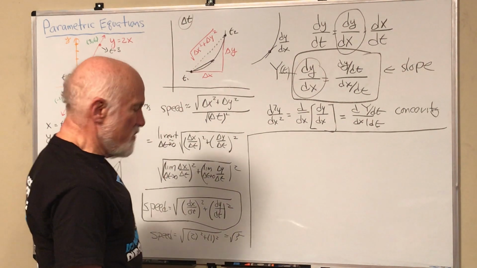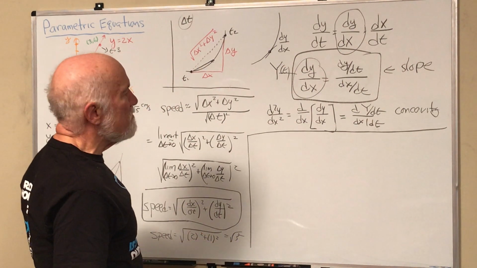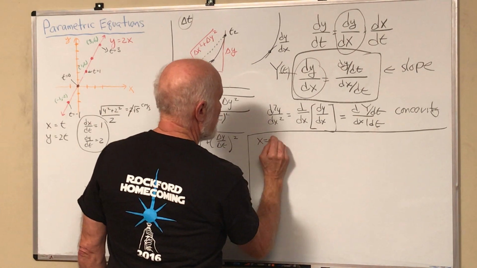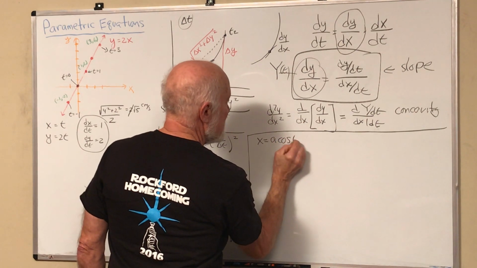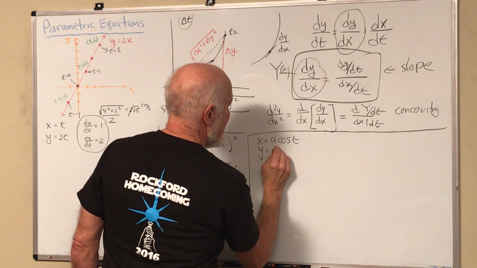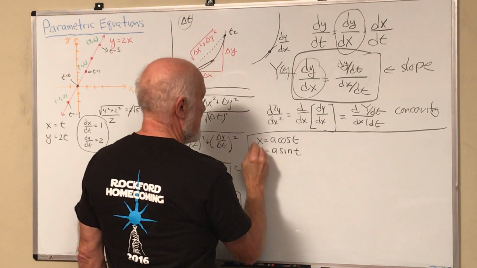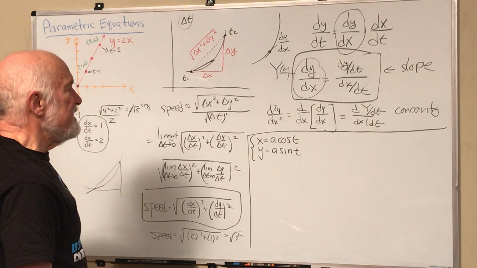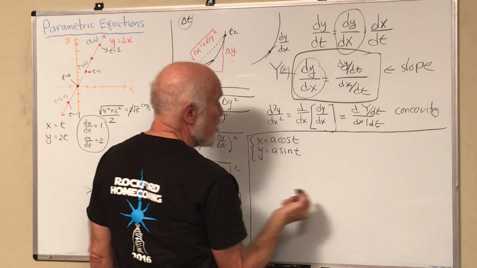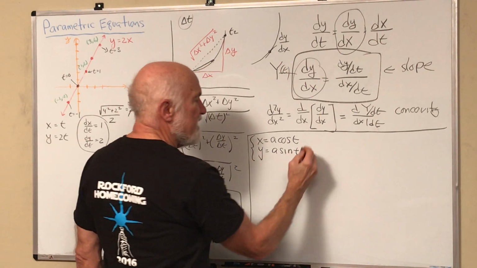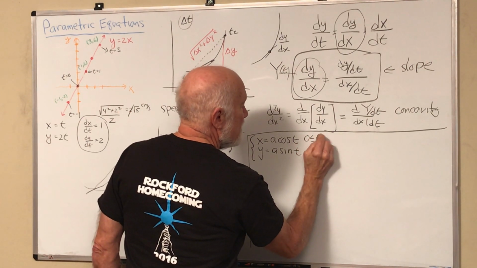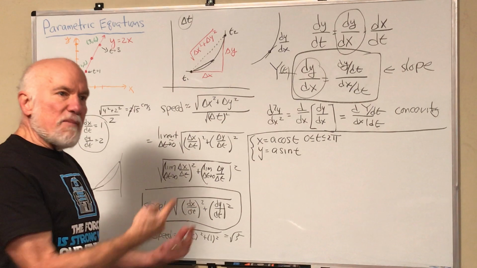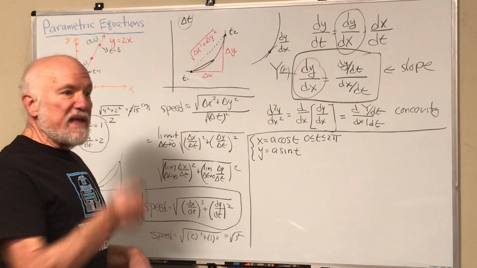Well, we've got a little bit of room here, so let's just pick a parametric equation. Let's let x equals a cosine of t and y equals a sine of t. Well, say we want to find, and let's have a domain, a domain for our independent variable, let's let it go from 0 to 2 pi. And say during that path, we want to know how far we went on that path.